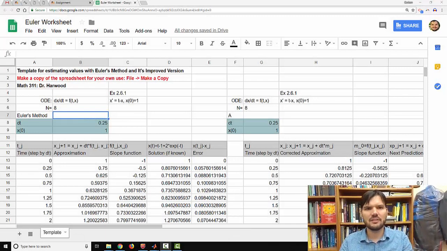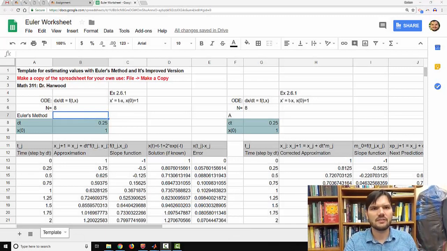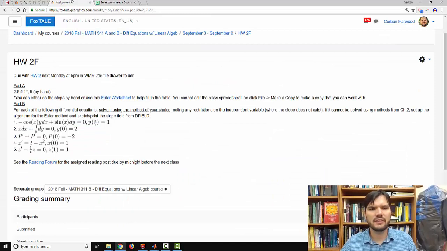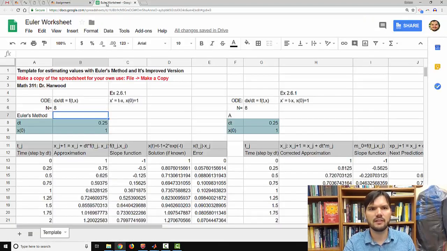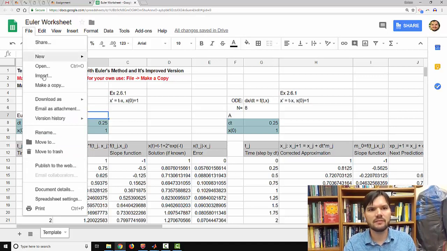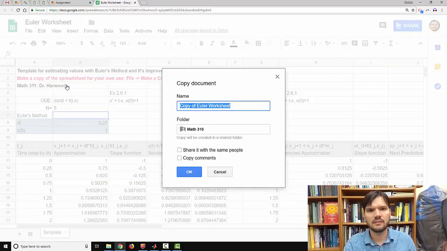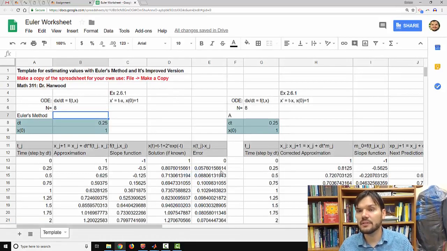Okay, so now let's look at the spreadsheet. As described, this spreadsheet is linked from homework 2F through the Euler worksheet link. Once you get to this page, you will see a template that I've constructed. To work with it yourself and edit it, you'll need to go to File, make a copy, like that. Give it a different name, save it where you will, and then you have your own copy to edit and